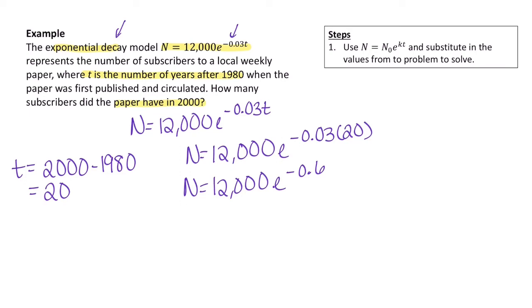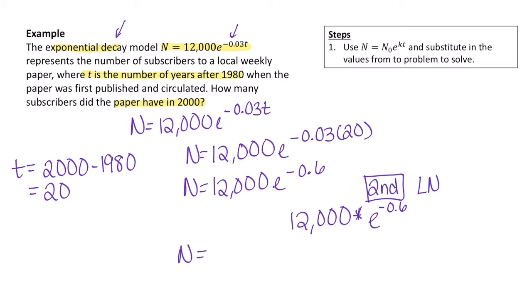Now you can do this on your calculator. You can do 12,000 times e to the x. The way you get e to the x is you push second, and then you push the ln key. You see there's an ln key right below the log key, 2 buttons up from the on button. When you do that, it'll show e with a little exponent, and in the exponent you type negative 0.6. So we have 12,000 times e to the negative 0.6, and when you hit enter, it should give you the answer,